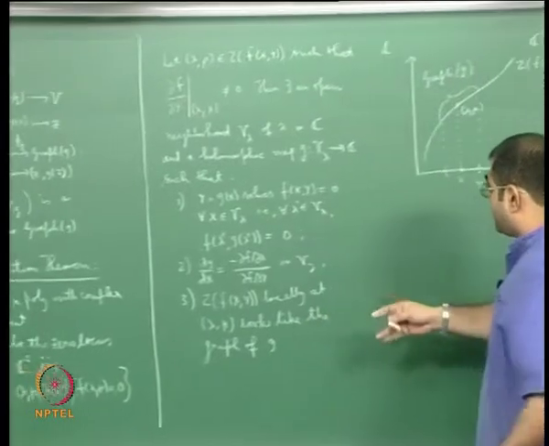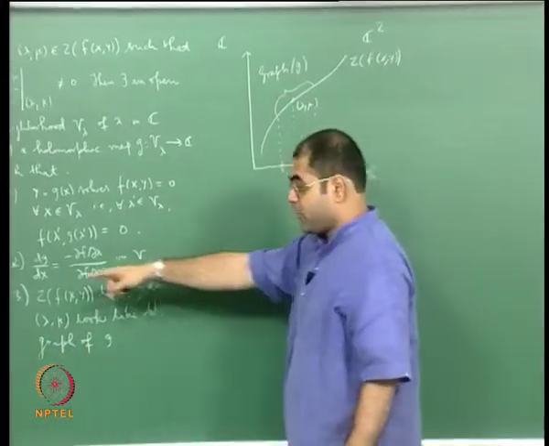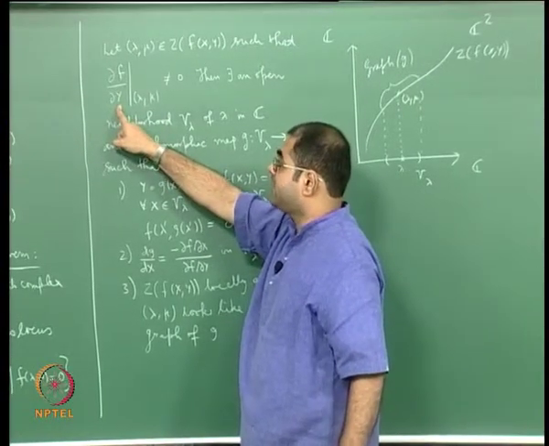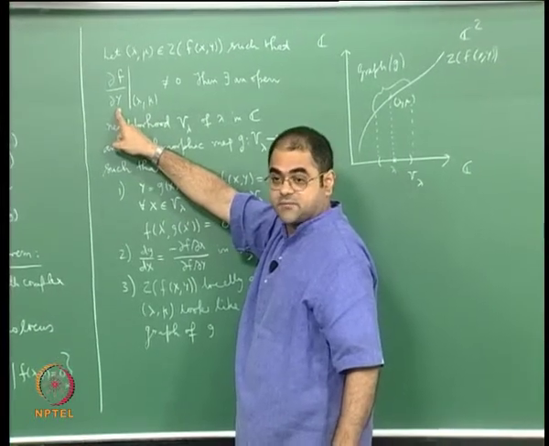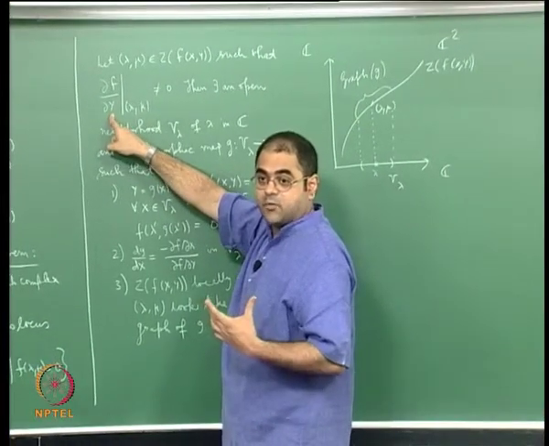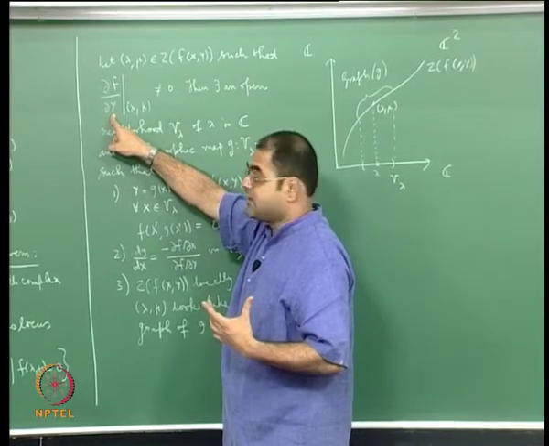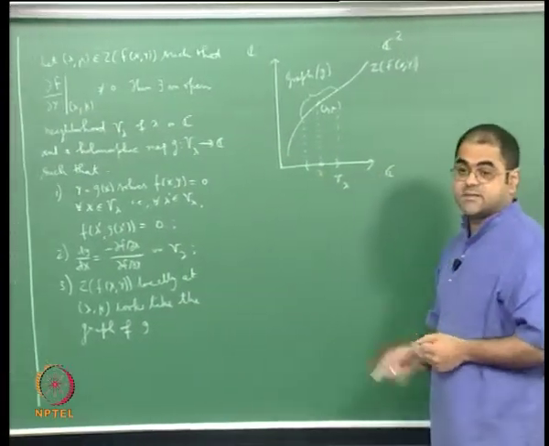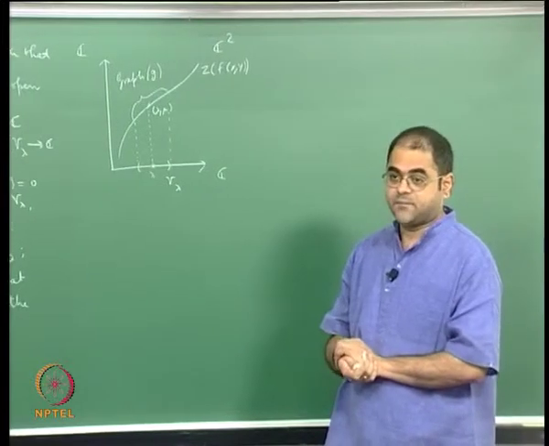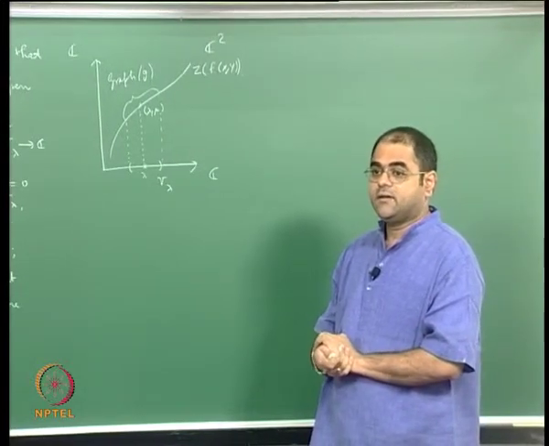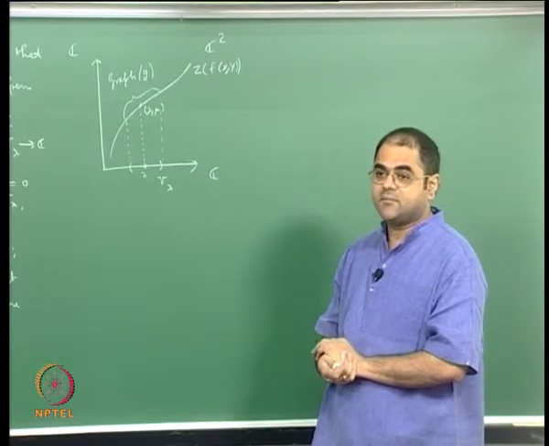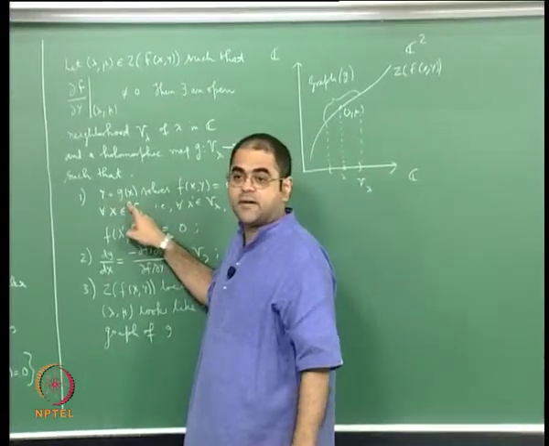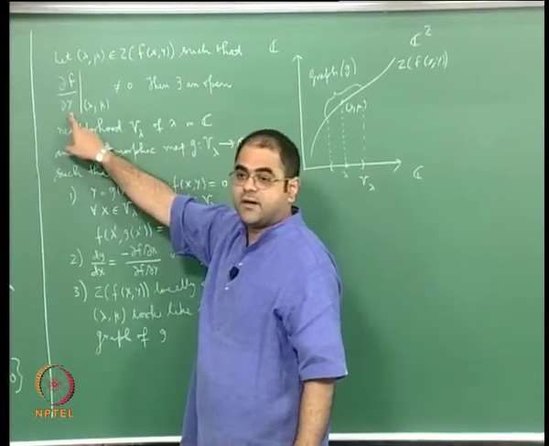So what is the upshot of this result? The moment a polynomial satisfies this condition, then in a neighborhood of that point it's a Riemann surface. You can make a neighborhood of that point on the zero locus a Riemann surface. The question is what happens if it does not satisfy this condition. Then it might satisfy a similar condition with respect to the first variable, and then you can use projection onto the second variable, and instead of writing y as a function of x, you will be able to write x as a function of y if the partial of f with respect to x at a given point is